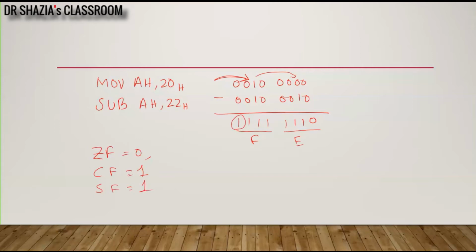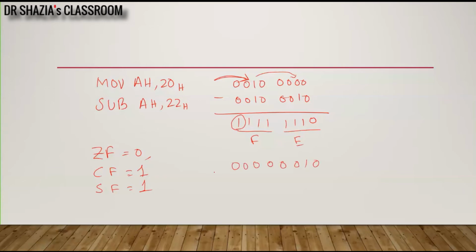As it says my result is negative, I know the answer can be formed by taking the 2's complement of the number again, because whether I subtract 22 from 20 or I add the 2's complement of 22 to 20, the result will be FE. And as the MSB bit is high or the sign flag is high, it indicates your result is negative. So to know the value, I will take the 2's complement of what result we have generated. So 2's complement of this number, if you know the shorthand method, copy till the first one and then flip the bits.